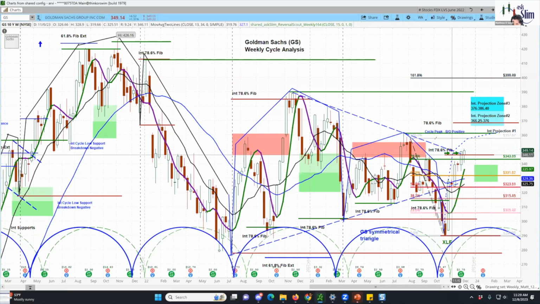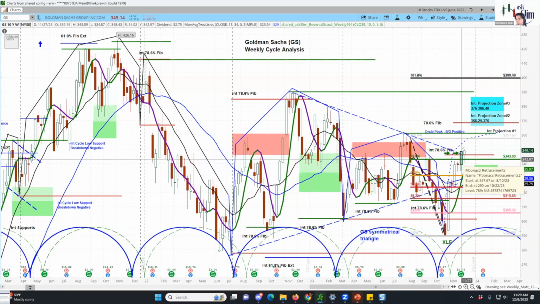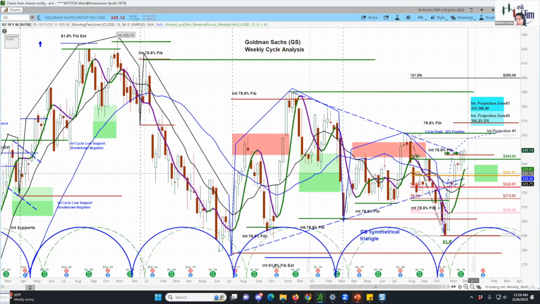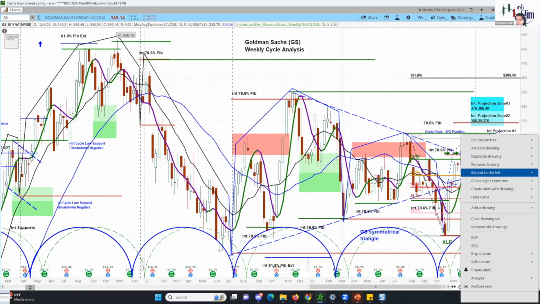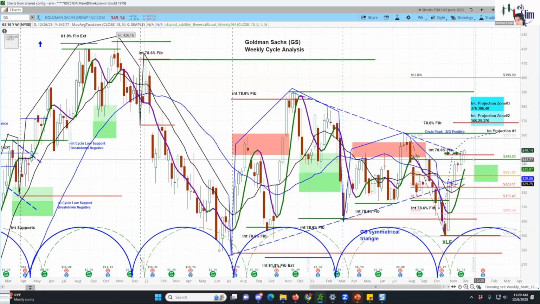It should be up here on that Fib, that 78.6, which suggests that now over the last 2 weeks, we have 2 closes above that 78.6. Which suggests there is a shift in that daily or that weekly cycle pattern, opening up the door to continued higher prices. So now that I have my bias in place,